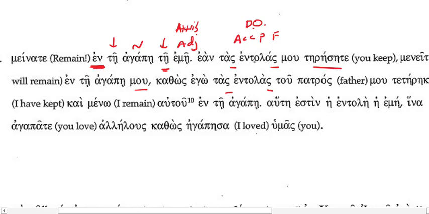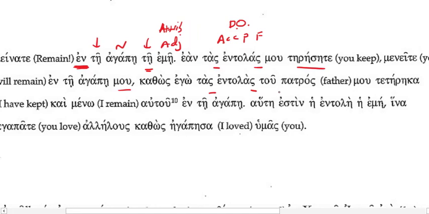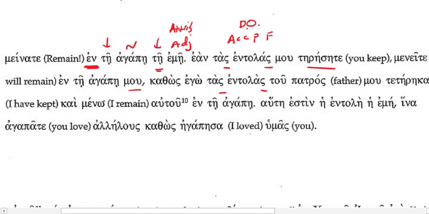No, same as this one, right? Yeah. So might that be a direct object possibly? Yeah, so I need to go find my verb first. Can we do that? Yeah, tetērēka. Okay, and he's giving you the translation. So just as I have kept, and now direct object, my father's command. Yep, literally the commands of my father, which would be my father's commands. So just as I have kept my father's commands,